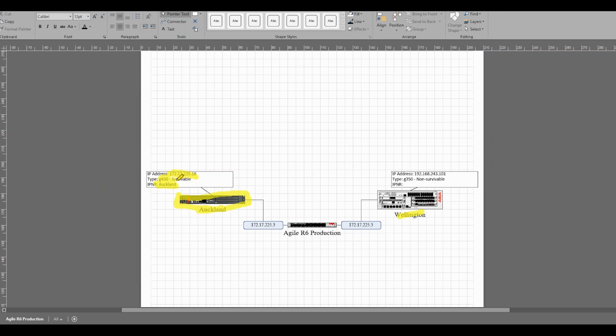Now the check that we make to ensure that media gateway is survivable is a lot more than just checking to see if it's got an S8300 present in the hardware. There's that. And in fact, what we look for is an S8300 or an ESS, so either type of survivable server is present in the same network region. And in addition to that, the survivable server is registered to the main server. If it's registered there, it's going to be working. It's going to receive the translations or the database overnight, so it's always going to remain synced up and